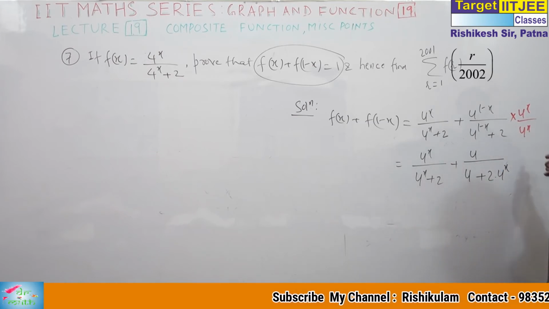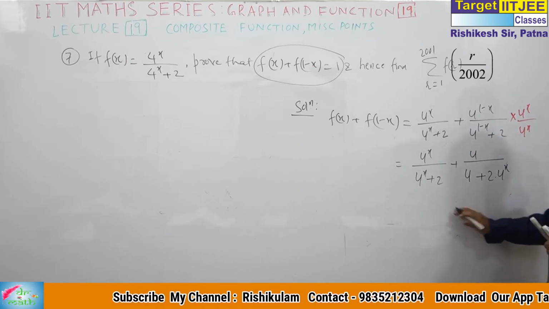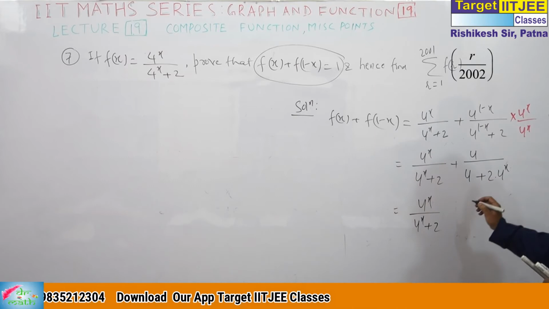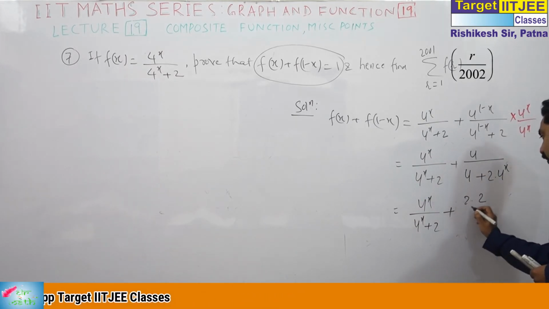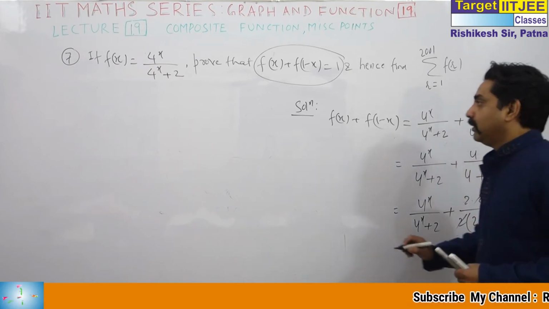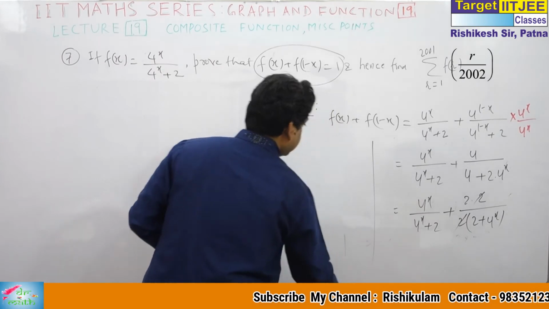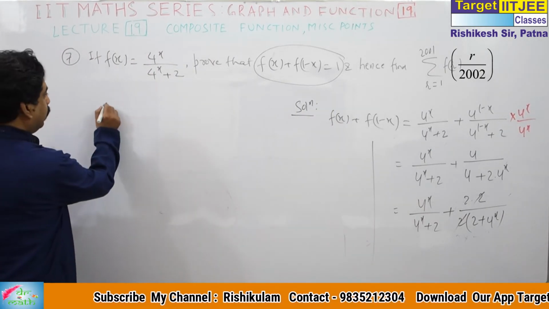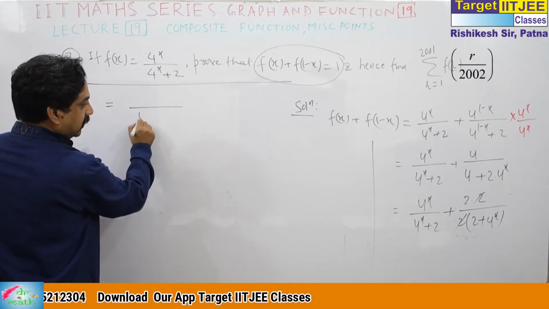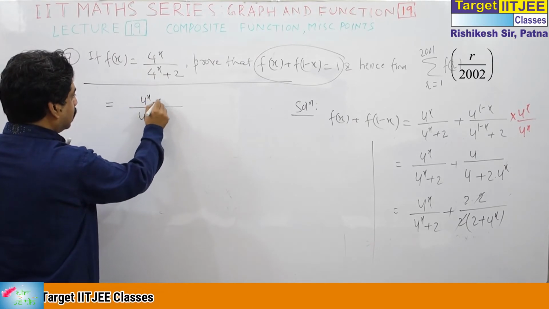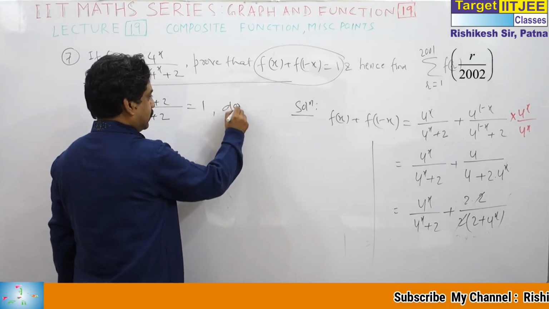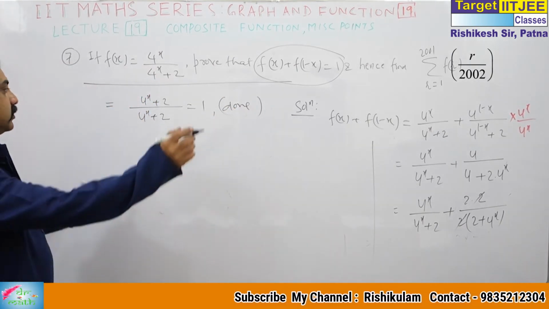Actually, there I am making a mistake. When this is multiplied by this, it is 4. Yes. Now I am getting what I want. Actually, I would like to cancel 2. This is actually 2 into 2, and when we take 2 common, it is 2 plus 4 to the power x. That 2 cancels. So we get the same denominator, 4 to the power x plus 2, and now the numerator is also the same. This is 1. So the first part is done.